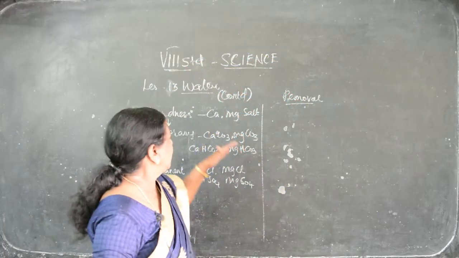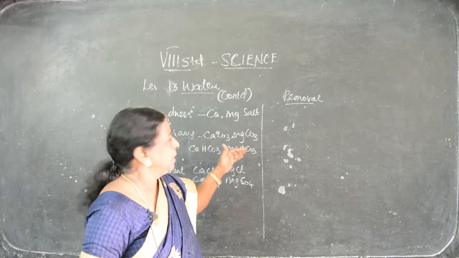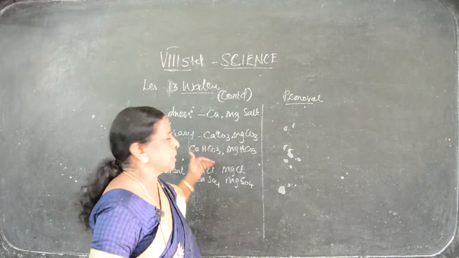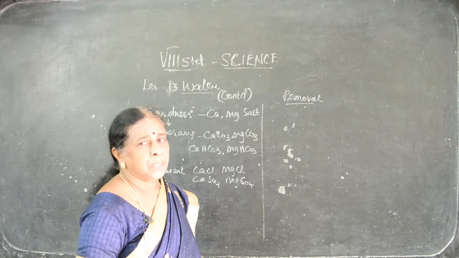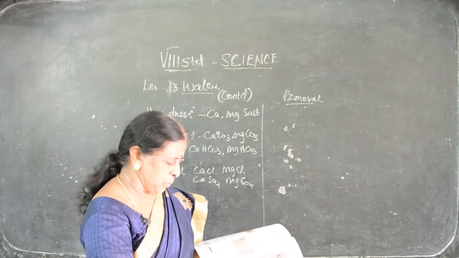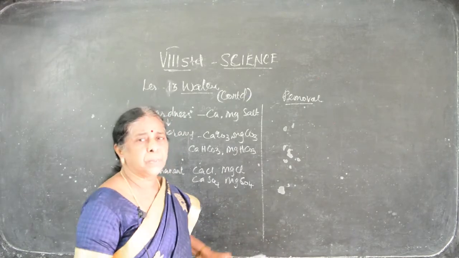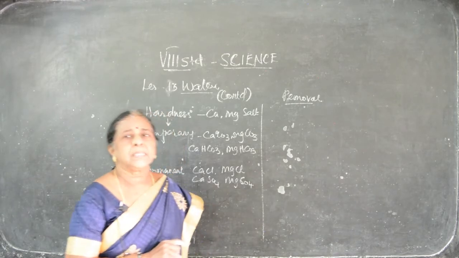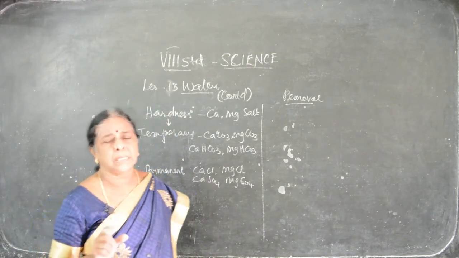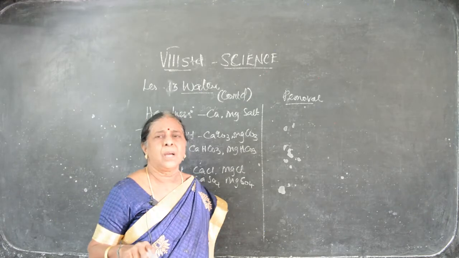Children, let me continue. Already I said what is hardness of water. Then how to remove permanent hardness and temporary hardness, we have to say now. The removal, there are many stages to remove the hardness. We cannot use the hard water as it is. Then why should we remove the hardness? There is a question raised. How to remove the hardness?